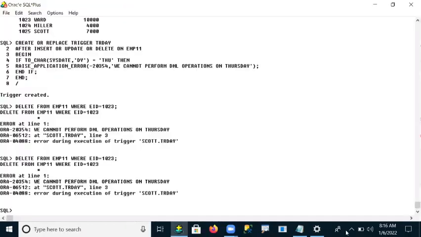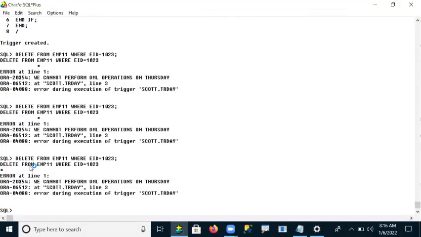But guys, this is not a present tense and not a past. This is a future tense, that means we have not reached there yet. But still, when I execute this query, it is also not allowed.